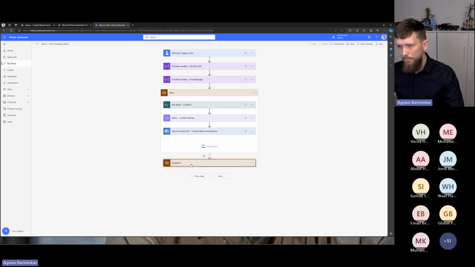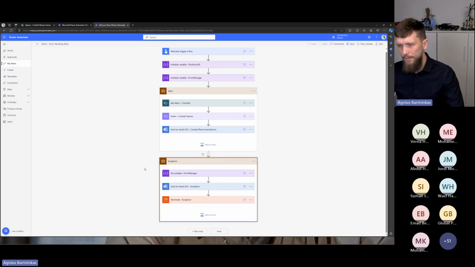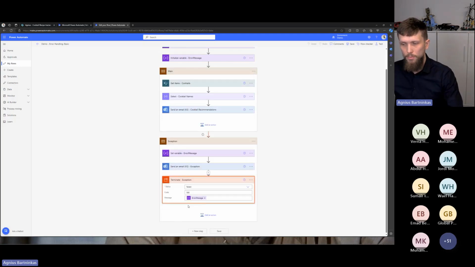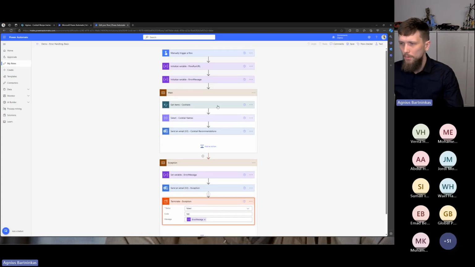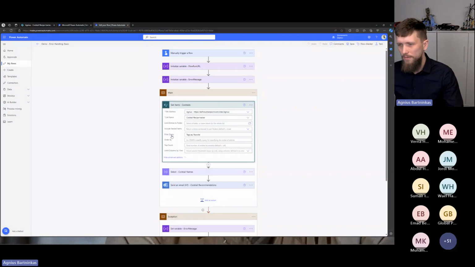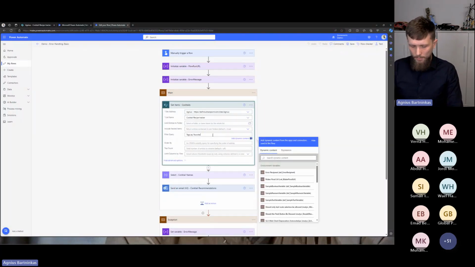And the more important thing, and the thing I like about it, is the fact that I can actually now have a terminate action in here, which will fail with an error. I also push the actual error message in here, and I no longer need to build in logic around it to actually check whether I need to run it or not. If it is inside this scope, meaning it will only run if there is an exception, I definitely need to terminate. And since this generates the same kind of output, I won't really show you a success scenario, but again, if I force this to fail,